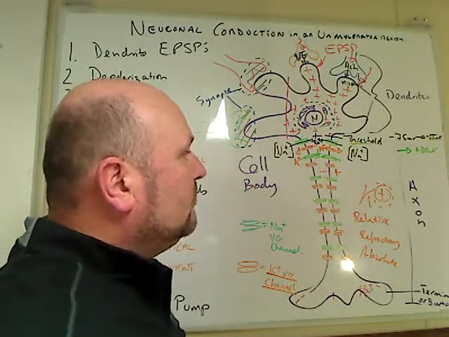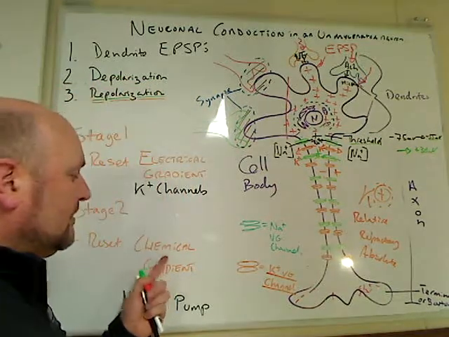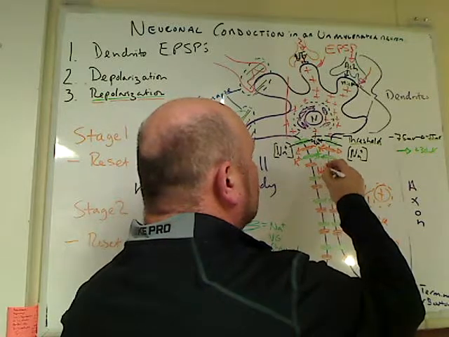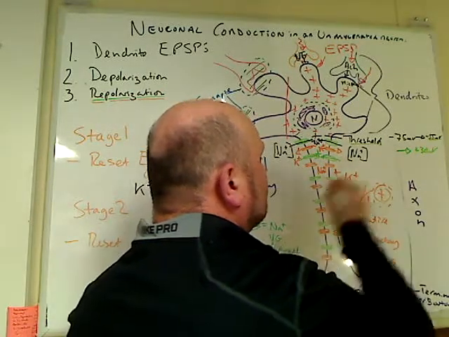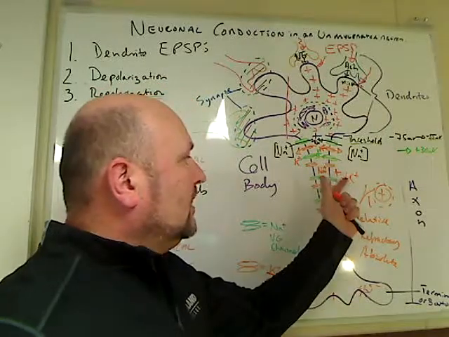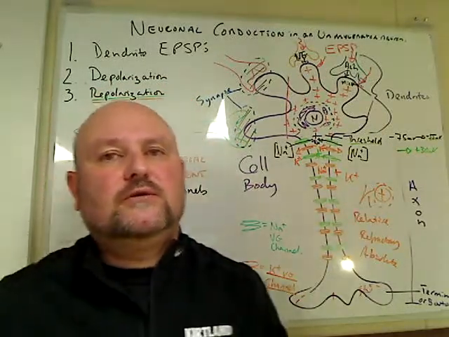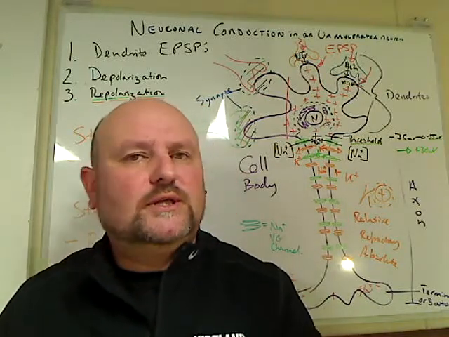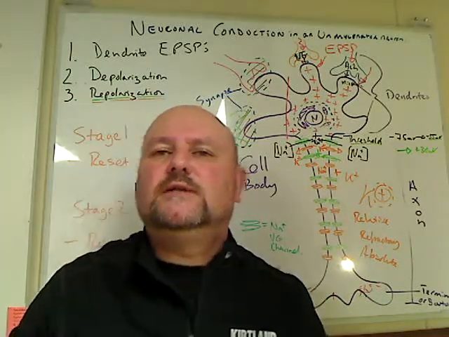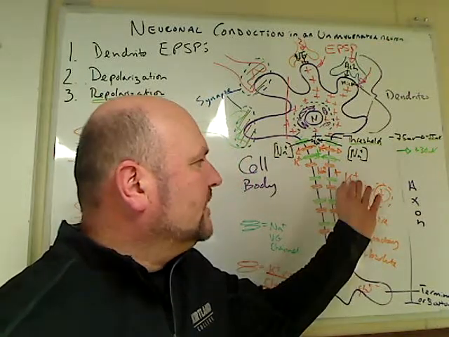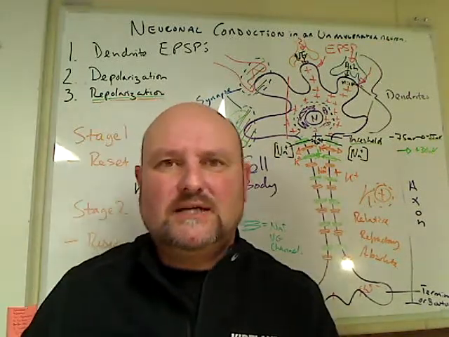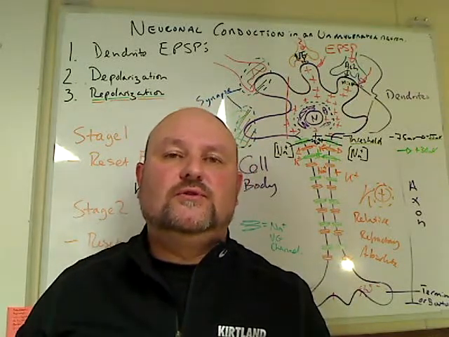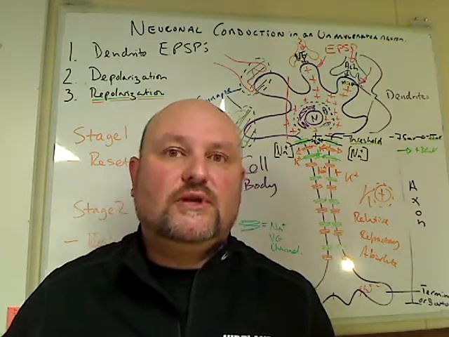You still have a problem though. You still have to reset the chemical gradient, because what you now have is a lot of sodium in here and a lot of potassium out there. You should immediately look at that and go, oh hang on, sodium's high on the outside and low on the inside, and potassium's high on the inside and low on the outside. So if you've got lots of potassium on the outside and lots of sodium on the inside, you have them round the wrong way. So the last thing that you have to do in making a neuron ready to fire again